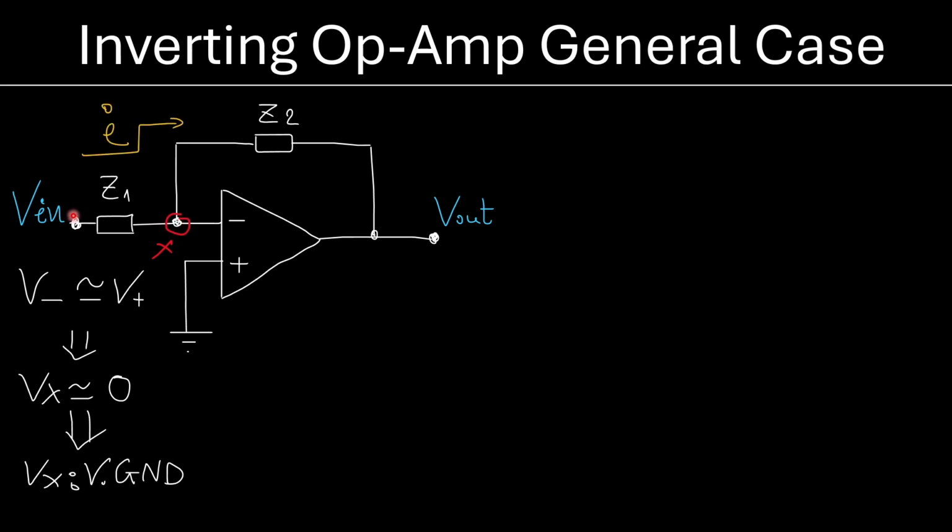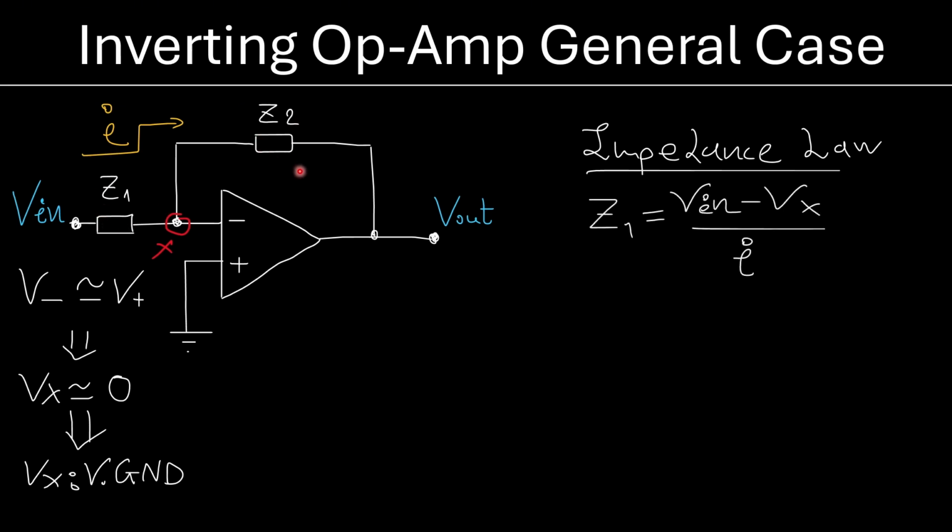There is a common current flowing from the input going all the way to here and then going upwards. It doesn't really flow inside the input since we have an ideal op-amp. And we take the impedance law now for this impedance and this impedance. This is similar to Ohm's law, and we say that Z1 must be equal to V in minus Vx. Alright, let me draw the polarities here. V in minus Vx over I. Vx must be 0, obviously. And then we